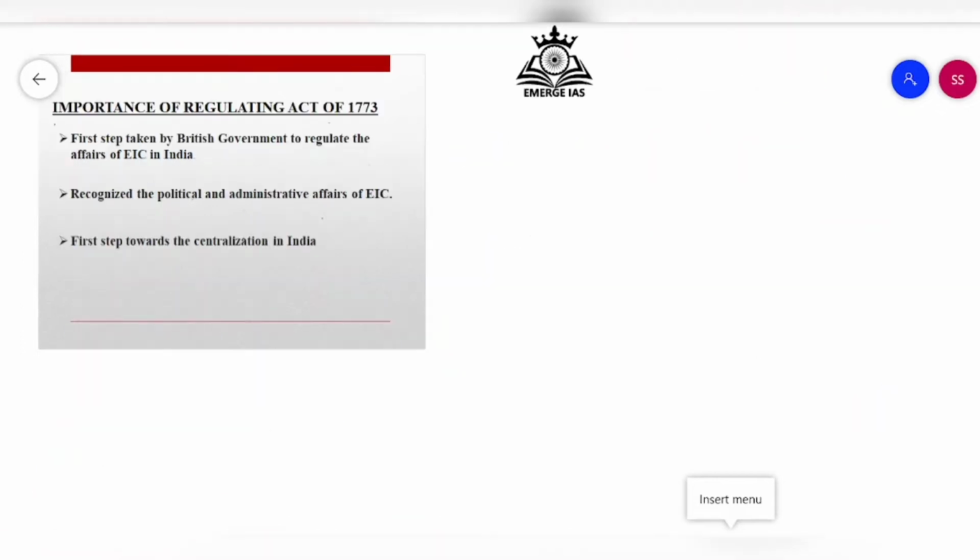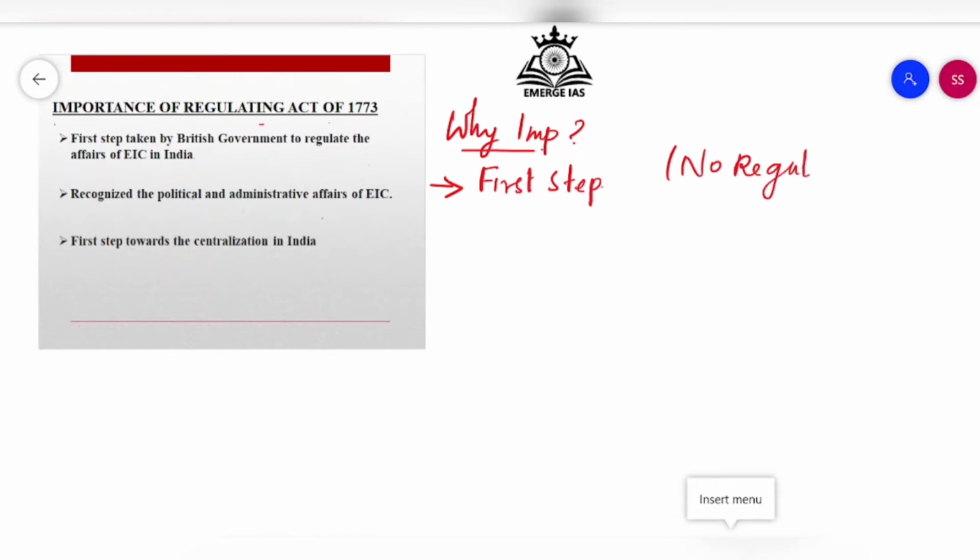And after knowing the background, we have to know about the importance of this act. Why is this act important? Because there are a lot of acts created by the British Parliament to regulate the affairs of the English East India Company in India. But why is it important? Because this was the first step taken by the British Parliament to regulate the affairs of the English East India Company. As I told earlier, there were no regulations or parliamentary control over the English East India Company before the Regulating Act of 1773. So, this is very important as this is the first step towards the regulation of the English East India